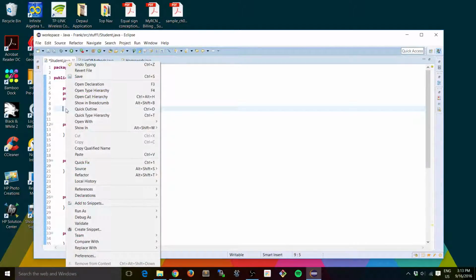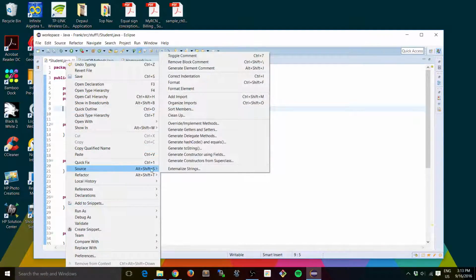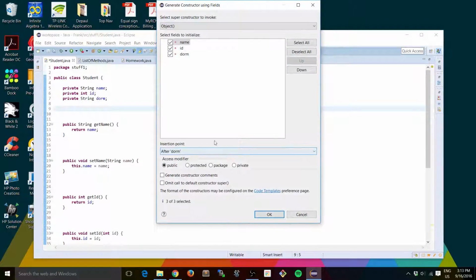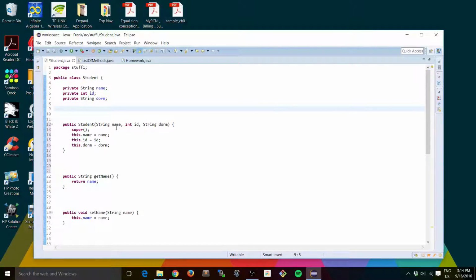If I right click again and I go to source and I go to generate constructor, it'll go ahead and give us a way to make an object. So again, all three of these are selected. I'll go OK. And so here we go. This is saying if you want to make a student, you need to tell me its name, you need to tell me its ID, and you need to tell me its dorm. So what this is doing is it's filling in all three values for you